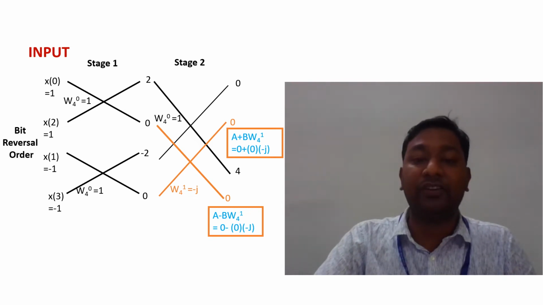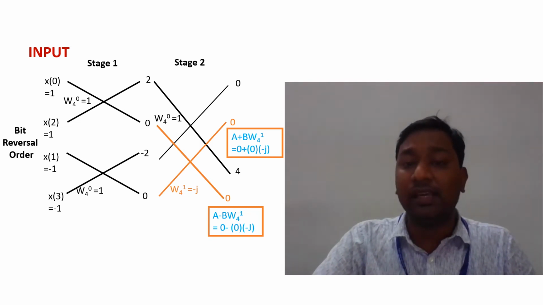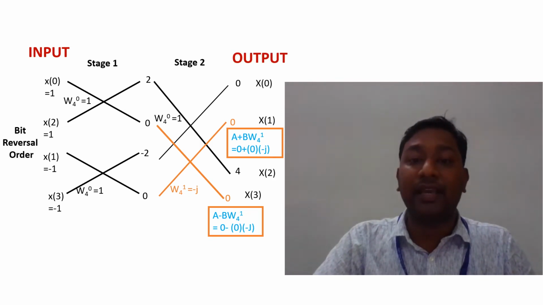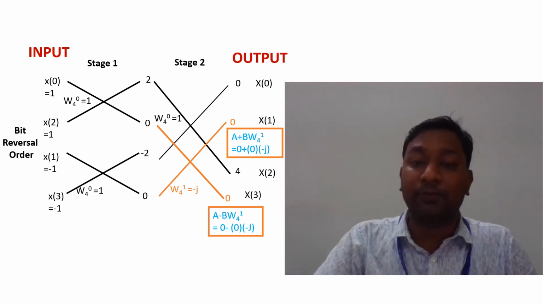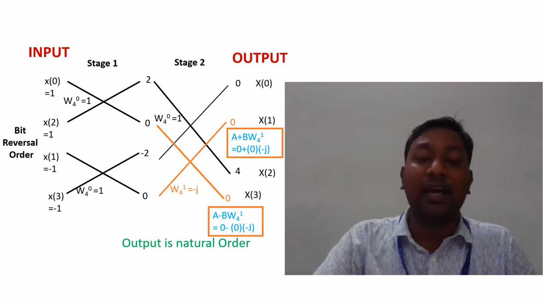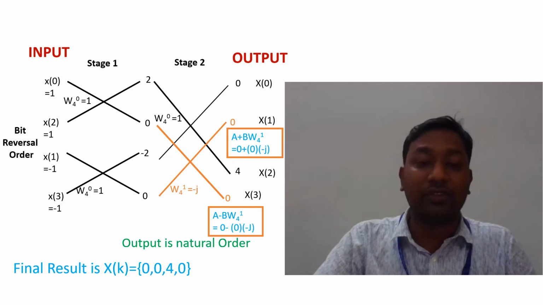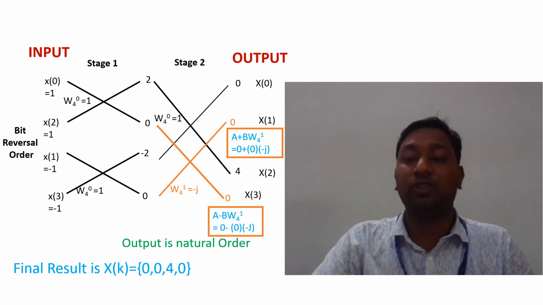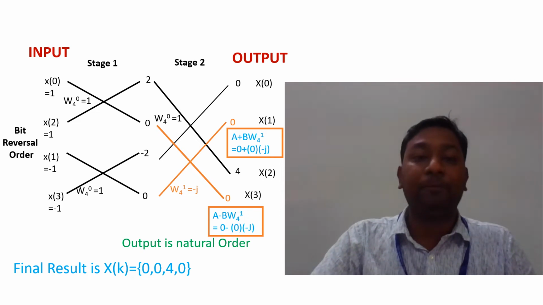So if a and b value is 0, the answer is automatically 0. The output order is x of 0, x of 1, x of 2 and x of 3, so the output is in natural order. The final result x of k is 0 0 4 0. So that is the complete question and answer of our